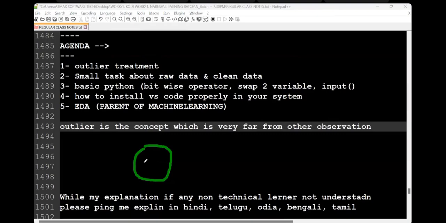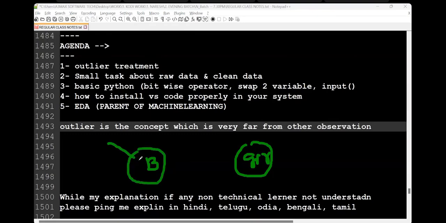This is a boys group, this is a girls group. In the boys group, one girl enters, and in the girls group, one boy enters. So this is boy, this is girl. Are they outliers or not? Are you clear? So that means this is a point very different from these observations.